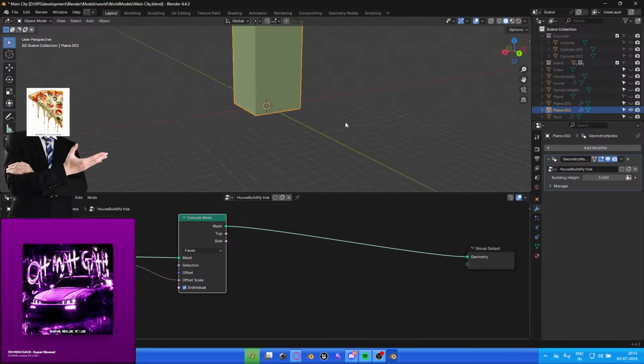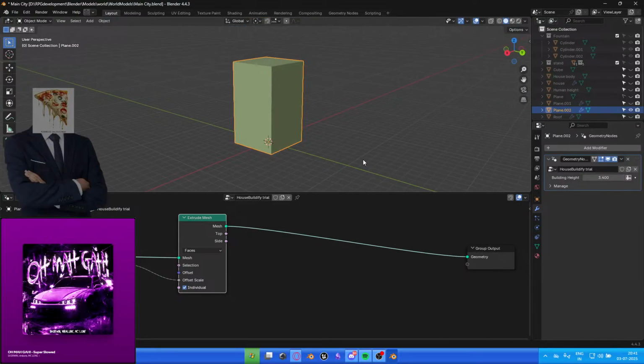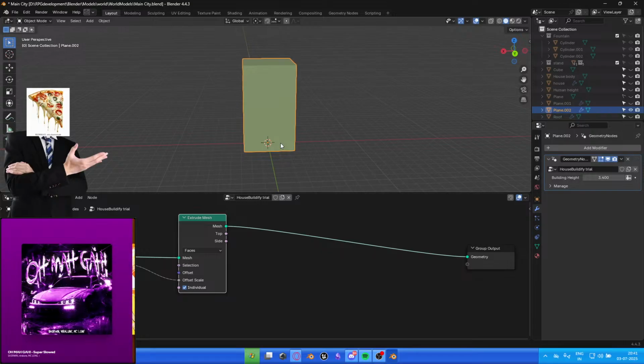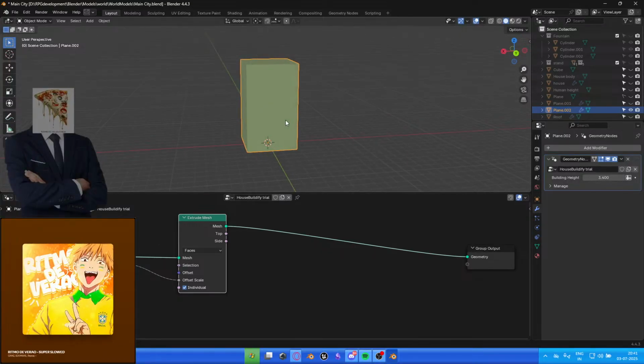Okay, that's the building's height. Now we need to segregate the points, but to put those points in we have to somehow